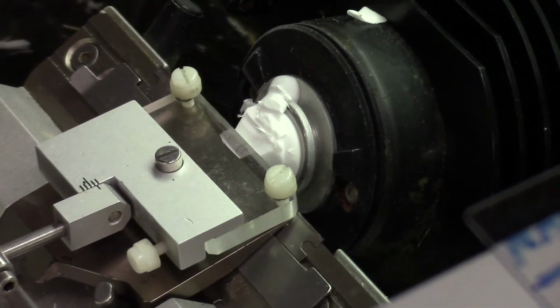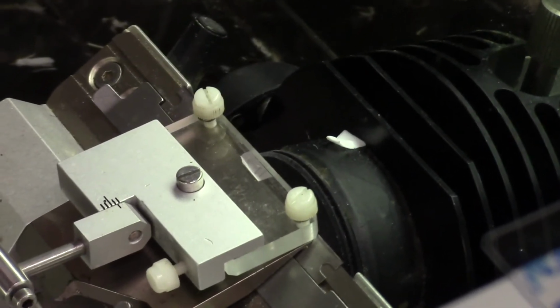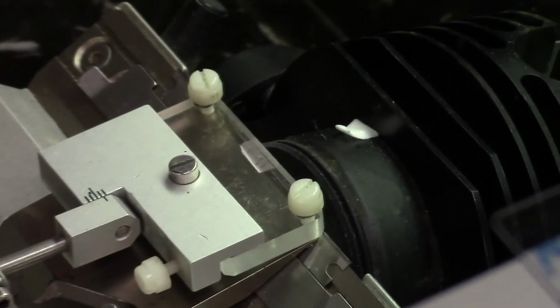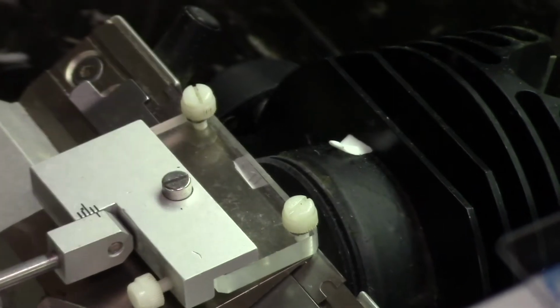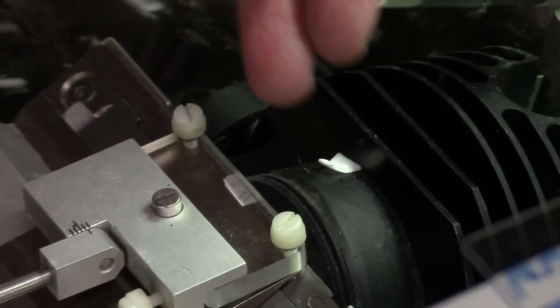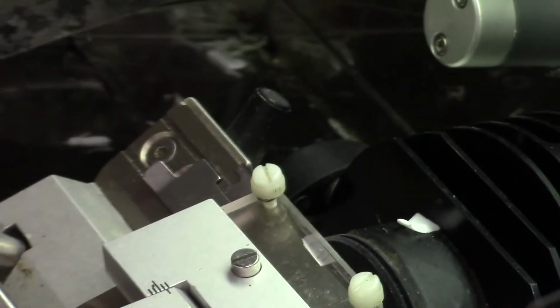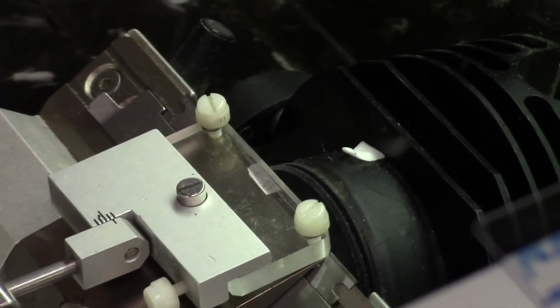Nice, it's just rolling right under the roll guard. Now that one, I think I did a little bit too fast. When the leading edge hit, the leading edge started to curl up even under the roll guard. So you can see it's a darker white line, or a more opaque white line than where the tissue is further back on this side. So the more you do this, the more it becomes an all-day affair where you go super slow,